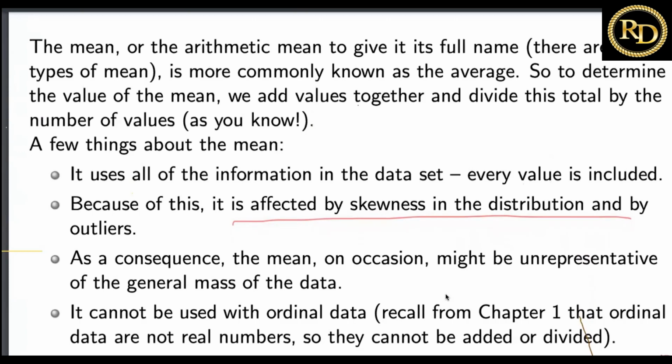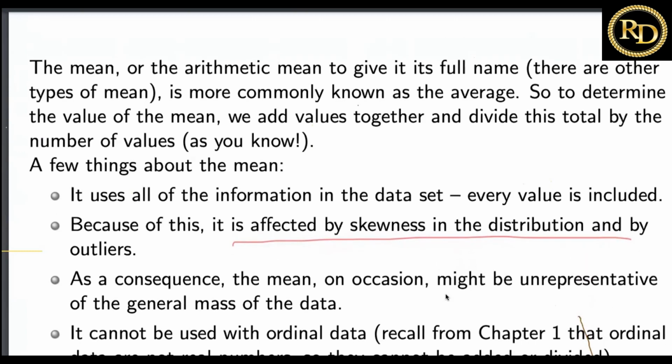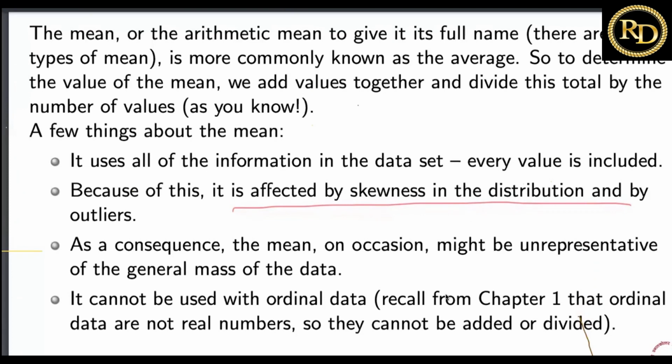Now, we'll try to understand the mean, which is mostly used and very easy and simple to calculate. The mean, or arithmetic mean, which is the statistical name, is very commonly used and also termed the average. What we do is add all the observations and divide by the number of observations, so we get the mean. It uses all the information of the data, but the median does not do so. The median is just using the middle part of the data.